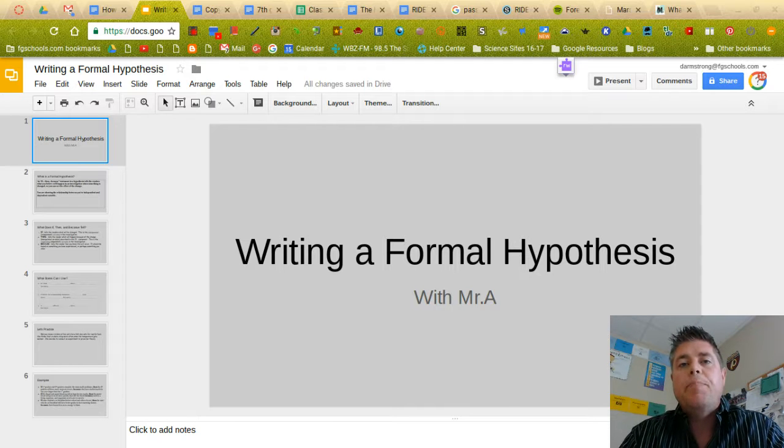We're going to take it up a notch and start working on how to write a formal hypothesis where we connect the relationships between our variables. That's why recently in class we've been spending so much time working on being able to identify the independent, dependent, as well as our constant variables. So if we take a look here,